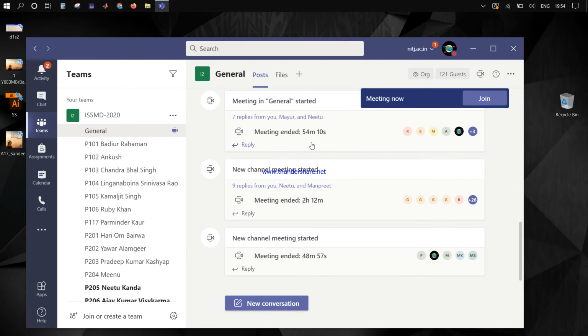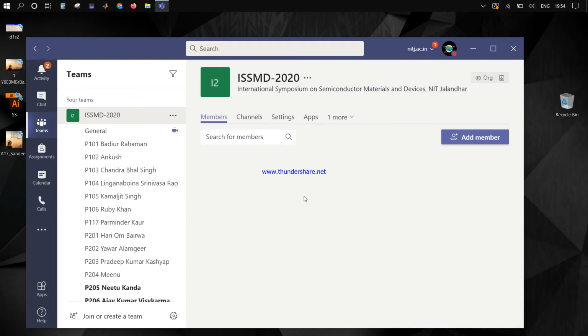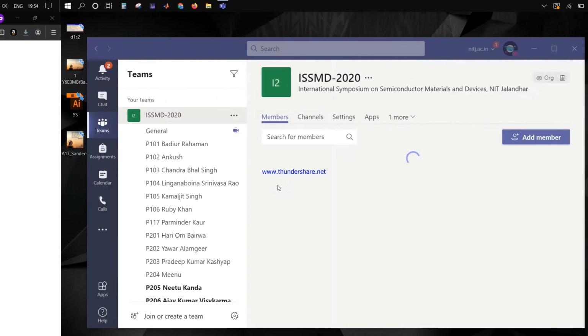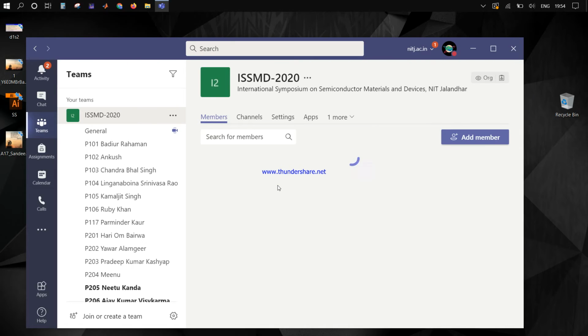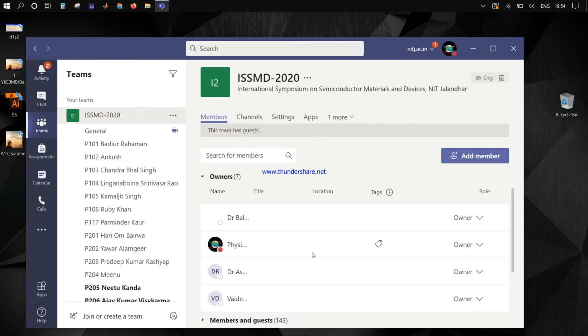In order to use this particular team, you should be added to this team. We have already added all the members. Just wait for 1 or 2 minutes. Pardon me for my bad internet.